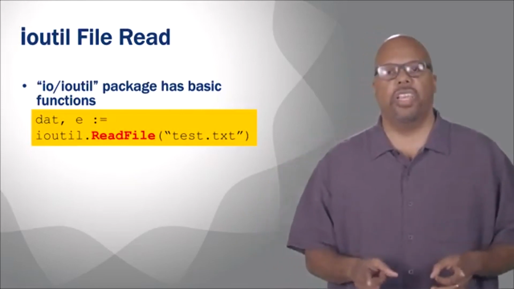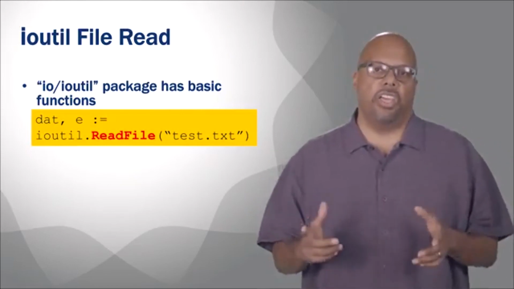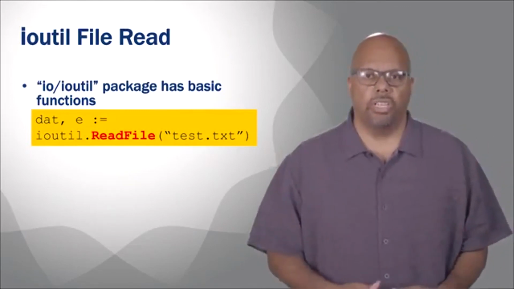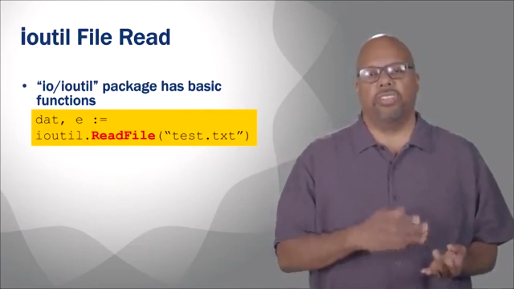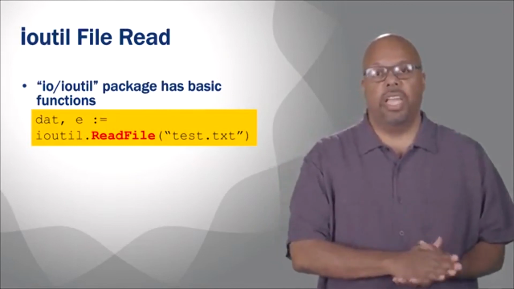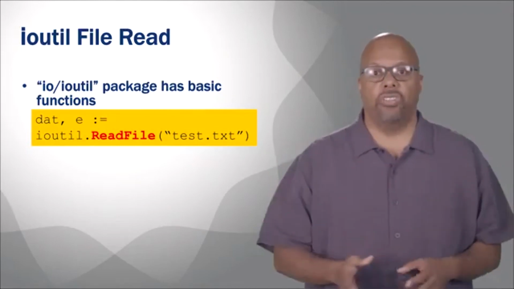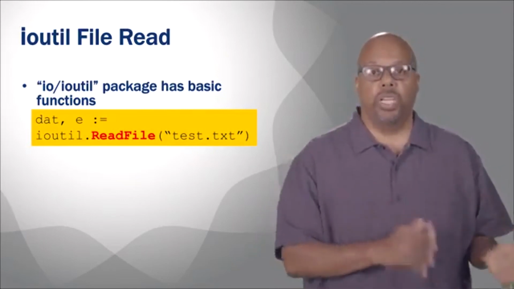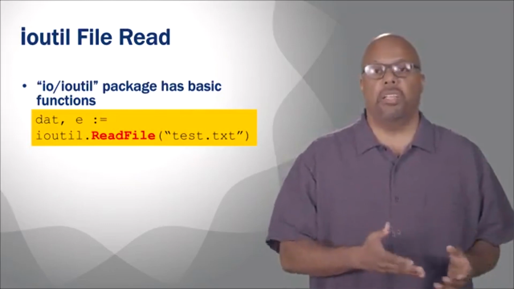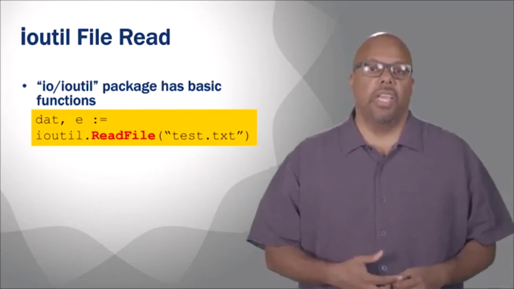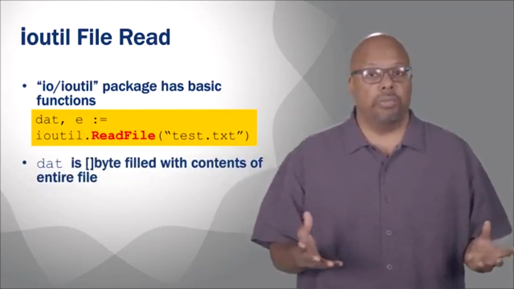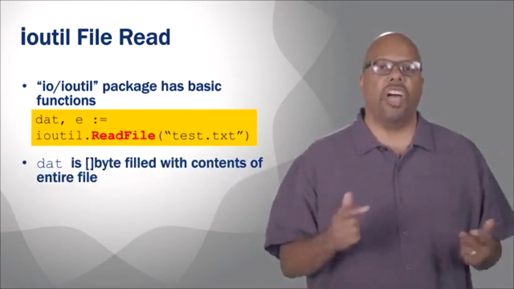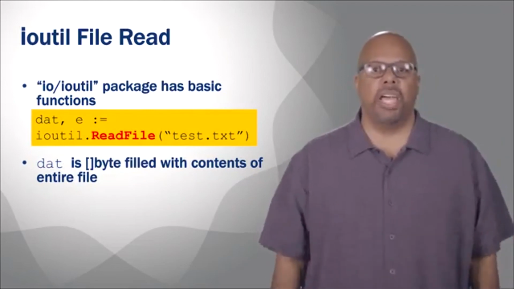Now read file, you'll notice that IOUtil.ReadFile takes as an argument the name of the file you want to read. That can be arbitrary, test.txt or whatever you want to call it. And it returns two things: data, basically a byte array, and then an error. The error is only set if there's some kind of error reading, but if there isn't an error, its main job is to return this byte array, which is the first thing that it returns. What it does is pretty simple. It just reads the whole file and returns the contents of the whole file into a byte array. And then you can manipulate the byte array.